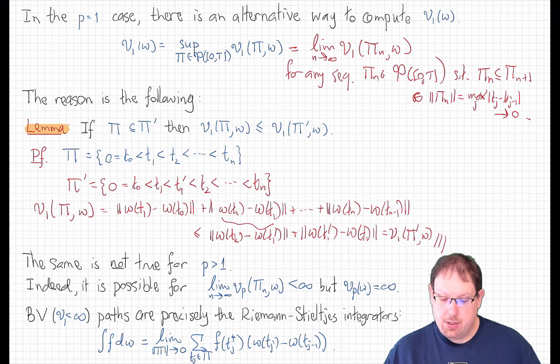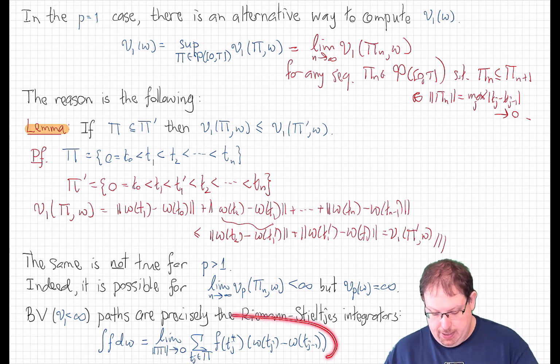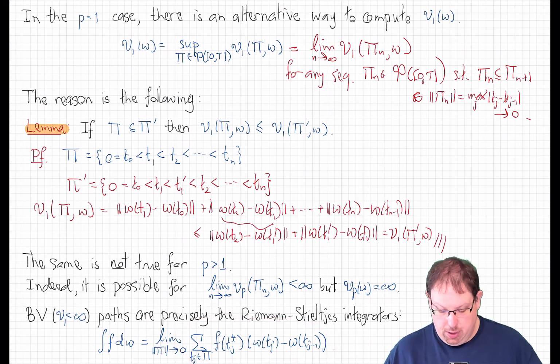That's why there's a good connection between one variation and Riemann-Stieltjes integration. In fact, the bounded variation paths are precisely those paths that can be used as Riemann-Stieltjes integrators. Just recall briefly that the Riemann-Stieltjes integral of a continuous function with respect to an integrator omega is defined like this. We take any interval partition of our interval from 0 up to t that we started with. We look at the increments of our integrator path along that partition, and we sum those d omegas up against the function on some other points if we like, where those other points are chosen in between the partition points